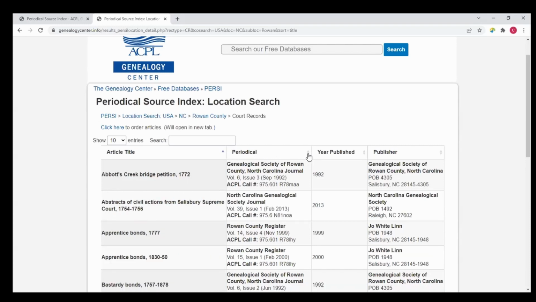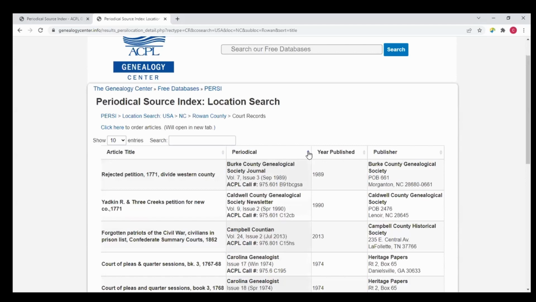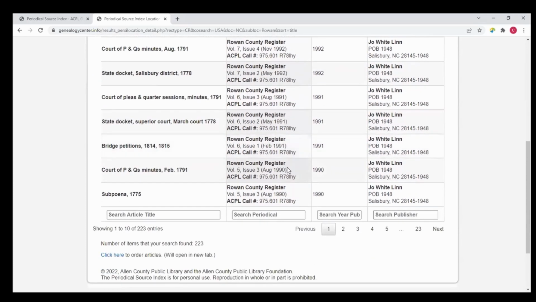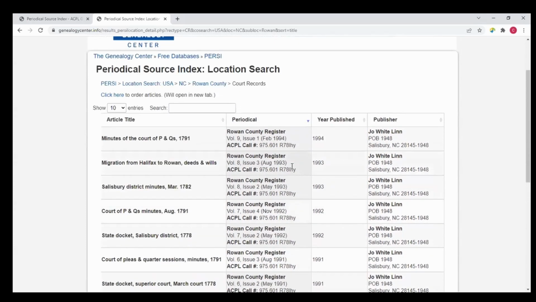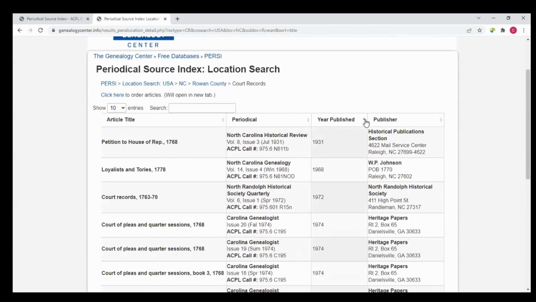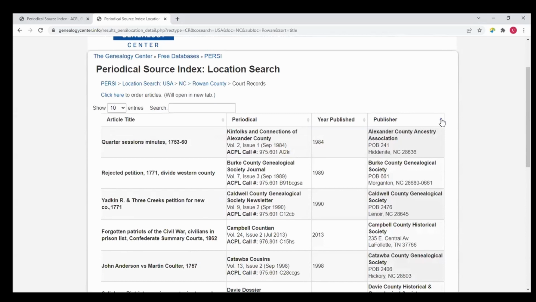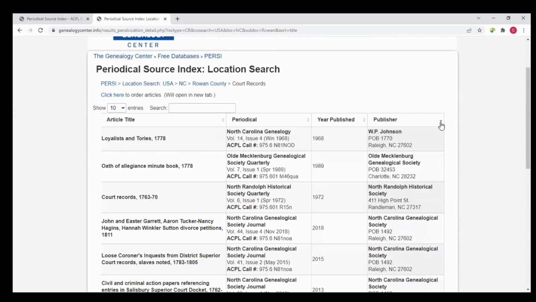You can do the same thing with periodical. Do I want it alphabetically or reverse alphabetic? Look at all these Rowan County registers. Amazing. We can organize the periodicals from the earliest to the latest, or the very latest to the earliest. And we can do the same thing with the publisher. We can organize it in alphabetical order or reverse alphabetical order.